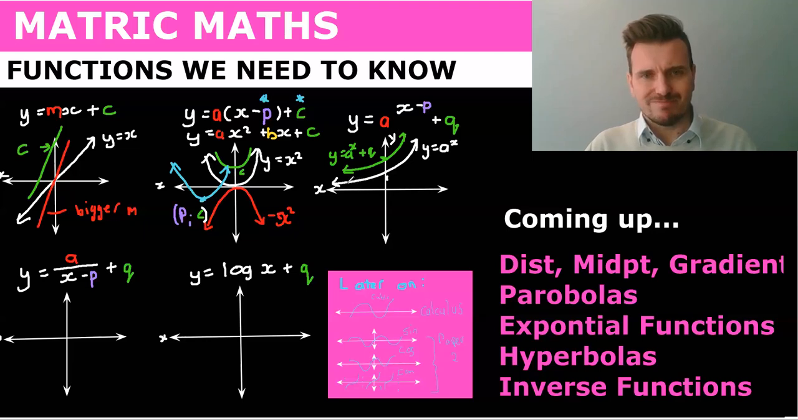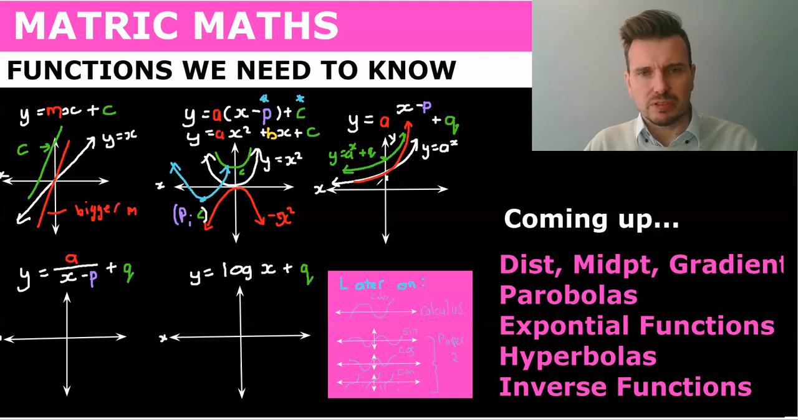So that's just going to be a bigger a. The red indicates if a was bigger. And then minus p, so if it was minus 2, it would shift it forward. So if it was minus, the 2 would shift it forward, but it would not change the,